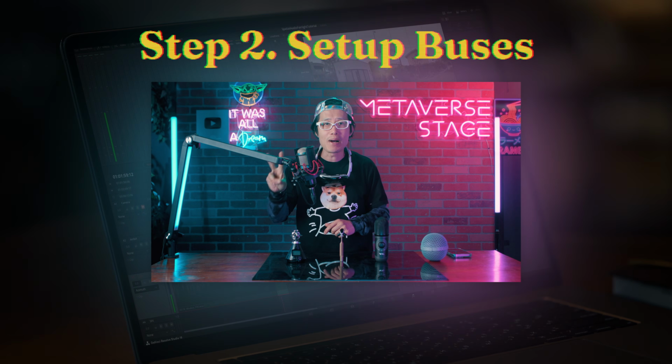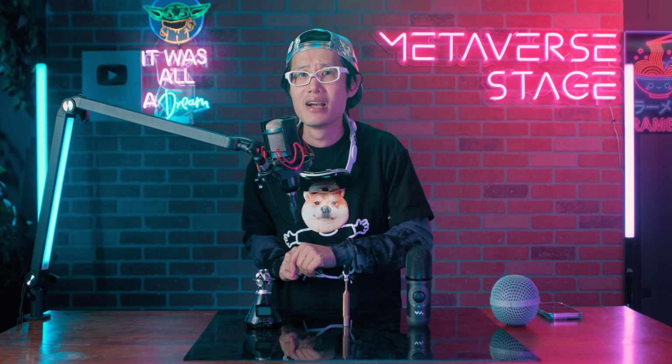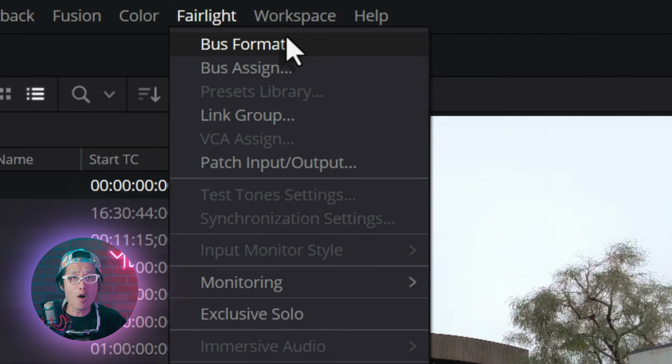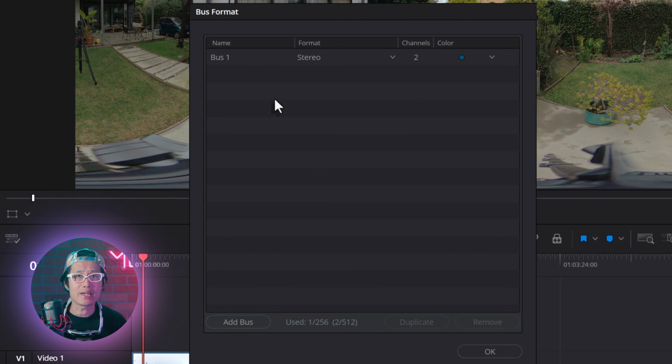Step 2: Adding buses. Before we even start mixing, let's set ourselves up for success by configuring our audio routing using buses, one of the most powerful yet totally underrated features in Fairlight. Head over to Fairlight, go to Bus Format, and let's organize everything properly. The first bus is our standard stereo mix, so we name the first bus Stereo Mix for stereo delivery. Now we need a second bus for Ambisonic. Add a new bus, name it Ambisonic, and set it to Ambisonic third order, which gives us 16 channels,